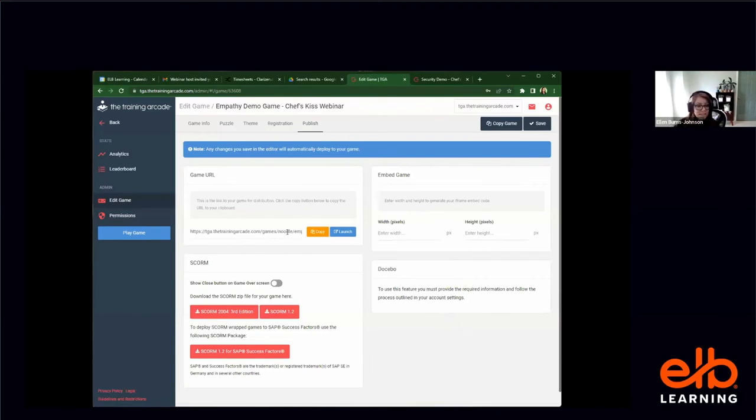You can launch it just as a website. So you just copy the URL and you can paste it in. That's what I shared with you earlier on in the session. And then here's where we have our SCORM integration. So you can download this game as a SCORM file, load it to your LMS, and launch it from there. And so then what will happen is when the game is launched through the LMS, it will send any relevant player data from players' attempts at the games back to TGA, back to the training arcade, so you can see it in the